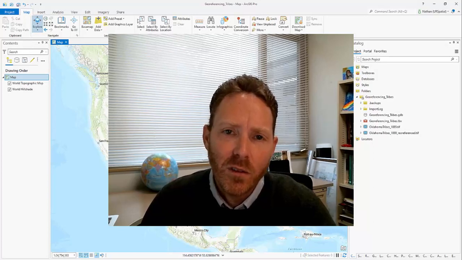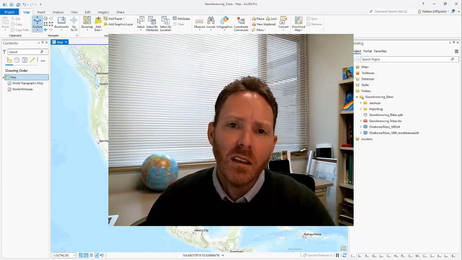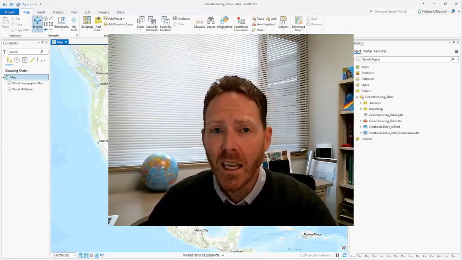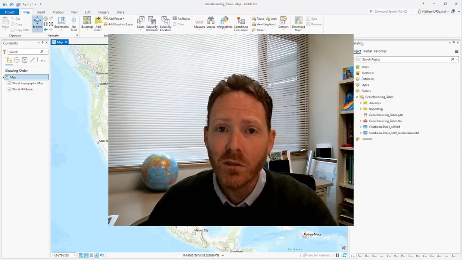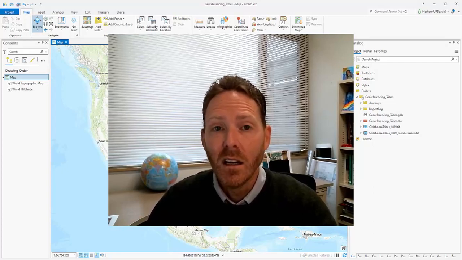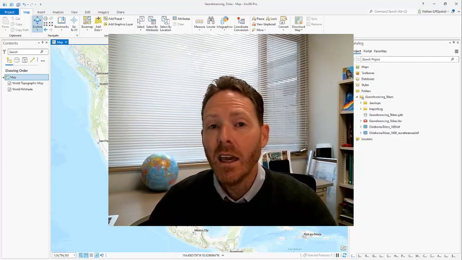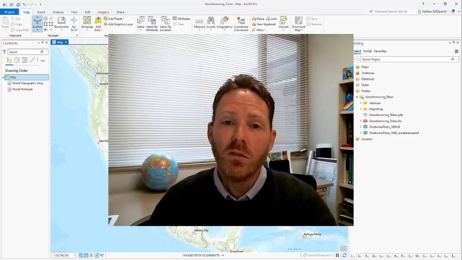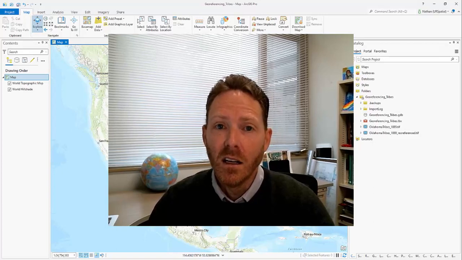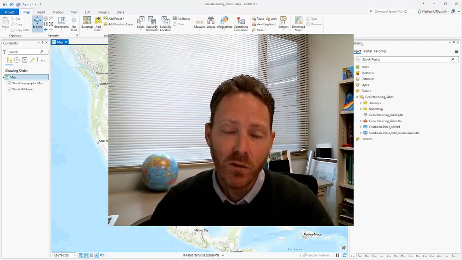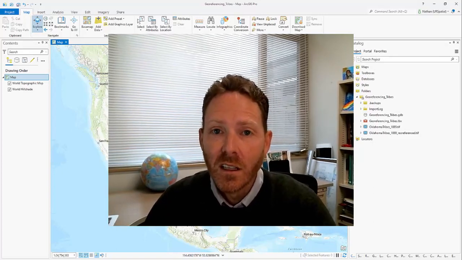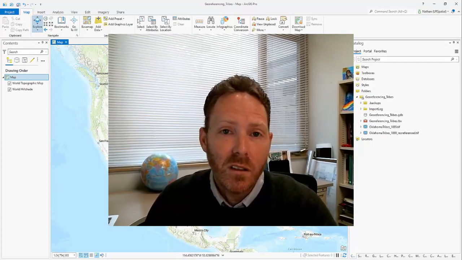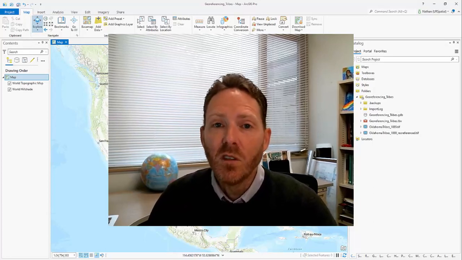the process of georeferencing, which is just the process of taking data that doesn't have coordinates. So something like an old scanned map that was made before computers, so the data itself doesn't have coordinates or a coordinate system to it, and placing that on a map with geographic coordinates. So geo-registering it, pinning it to the Earth's surface so that we can use it with modern GIS data. So this lets us take advantage of thousands of historic maps and images